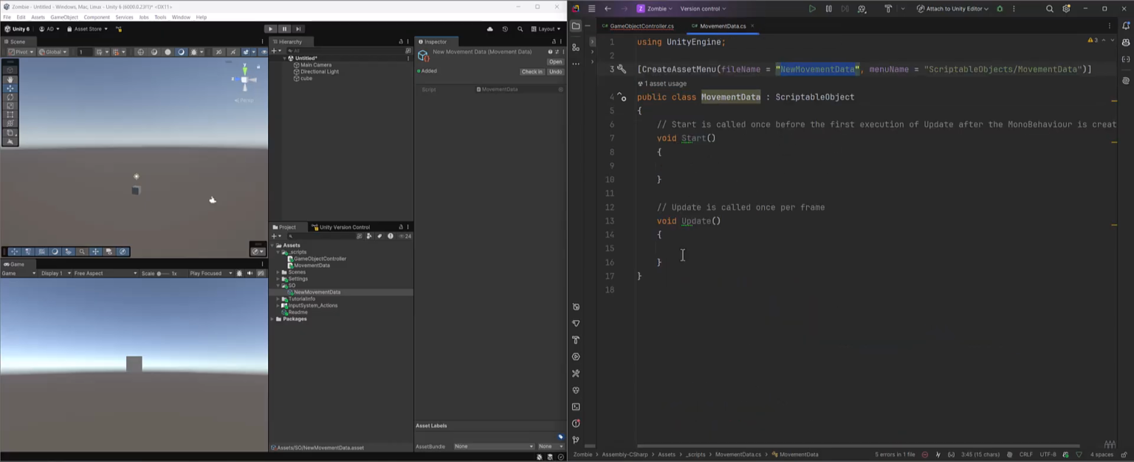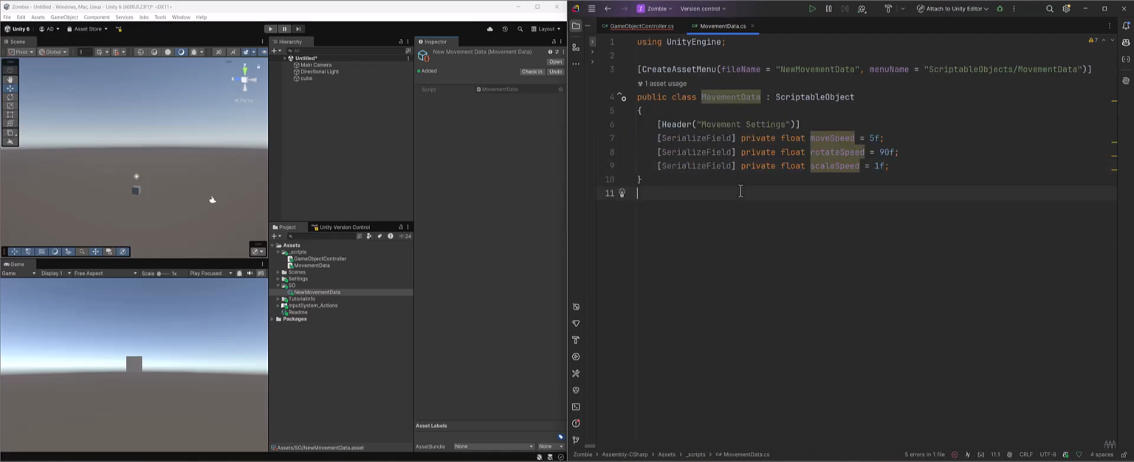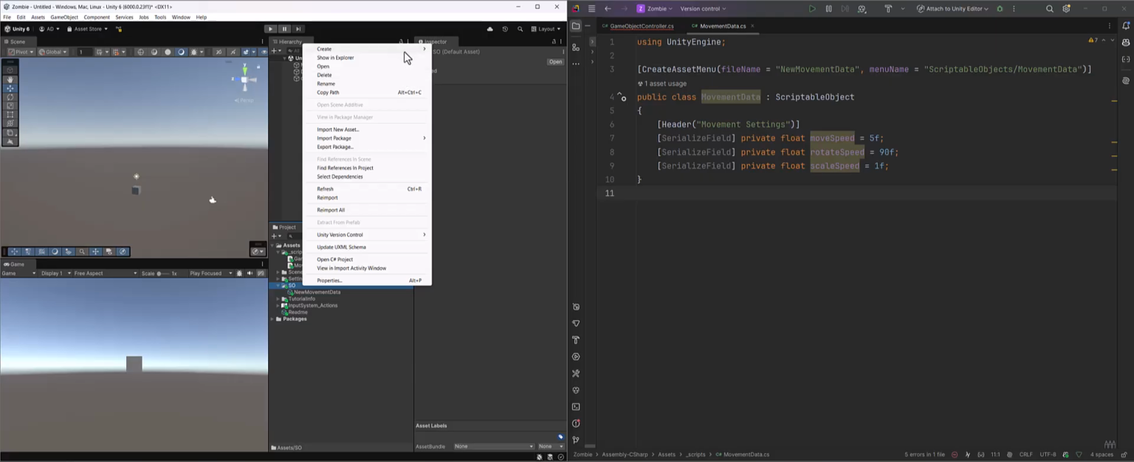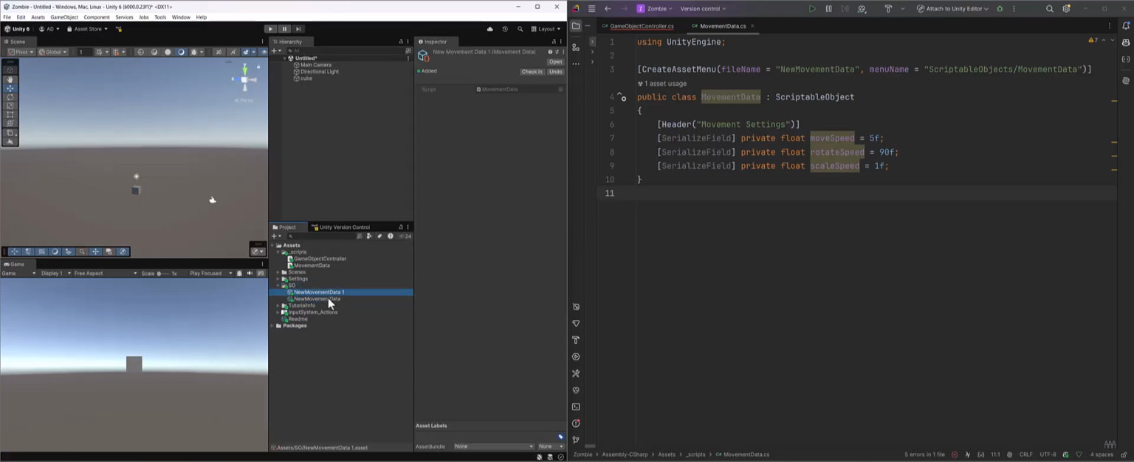And then inside of here, I'm going to get rid of start and update, so you just have the open and closing curly braces. I'm going to paste those in there, and I'm going to hit Control S to save that. Now when I go back inside of here, it looks like it didn't update right away, but if I right click and go to create and then scriptable objects, movement data, you can see,